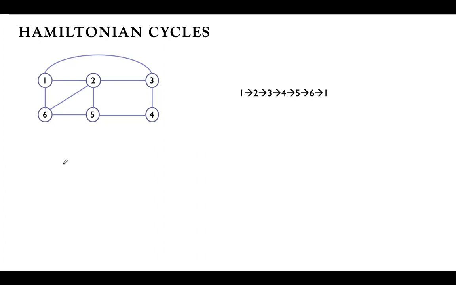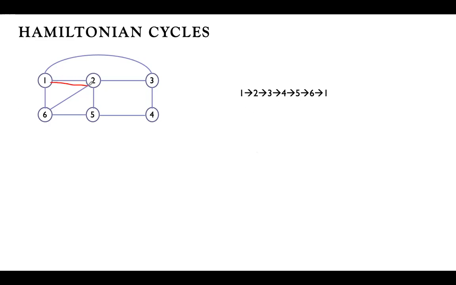Whereas Hamiltonian cycle means it will identify all the cycles that are present in the graph. All the cycles such that you have to start from one vertex and come back to the same vertex, covering all other vertices that are present in the graph. You can see here, I have already written one cycle here.